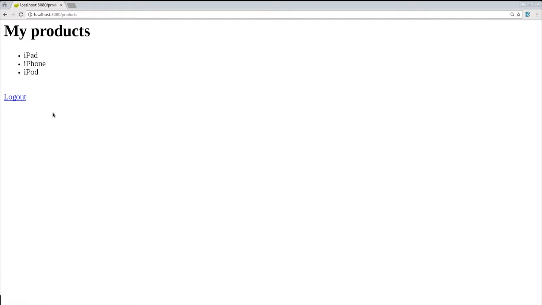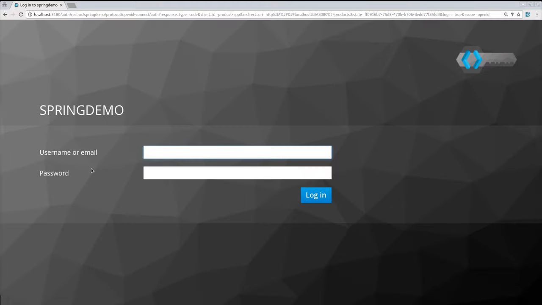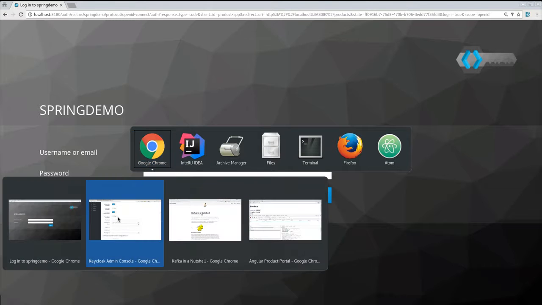Let's make sure the logout button is working. So here I press on logout and I go back to my product, and if I click on products again, you can see that I have my login screen again. So let's just play a bit with this login screen here, and if we go to our Keycloak console,